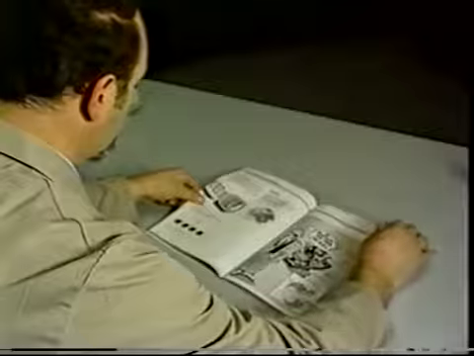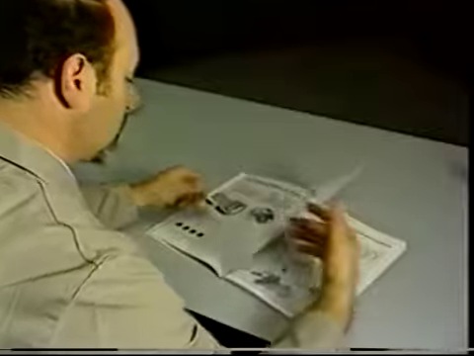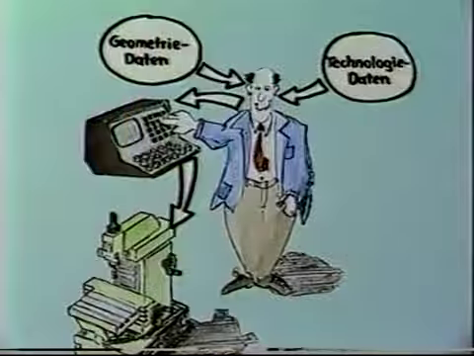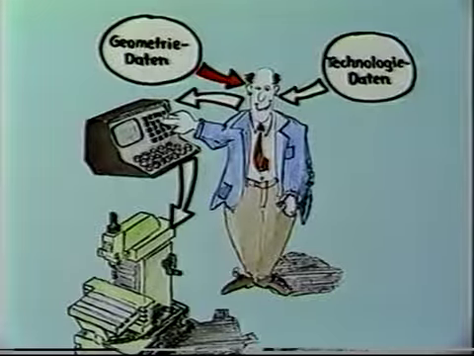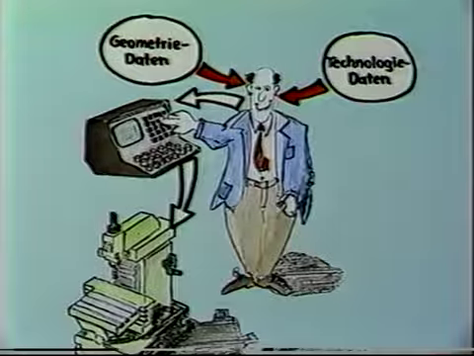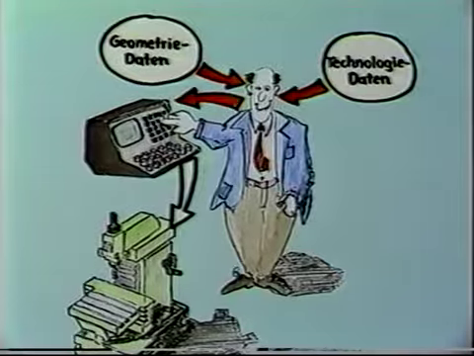An NC machine like this is a real fine thing, but there's something I've got to do too. Before the machine can process a workpiece, a human has to tell it what it's supposed to do. The operator knows from the part drawing how the finished workpiece is supposed to look. That means he knows the geometric data. He also knows how the workpiece is supposed to be machined, so he knows the technological data too. If he also knows how to talk to the control system, he can enter these data into the control system in the form of a program.